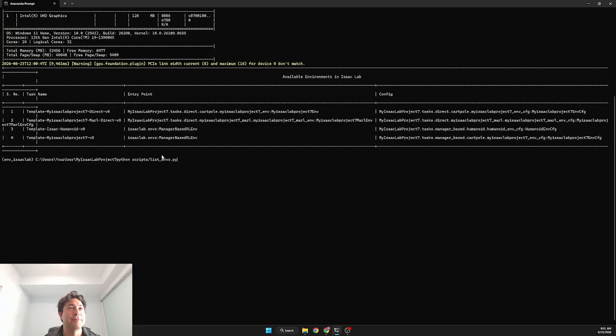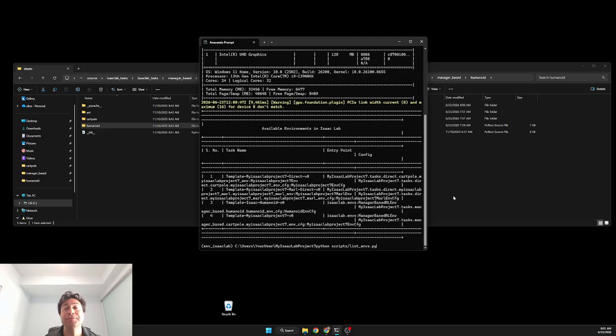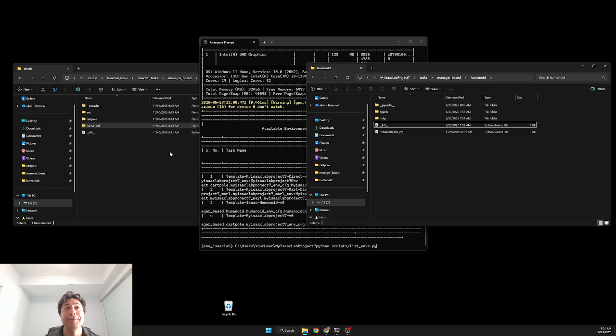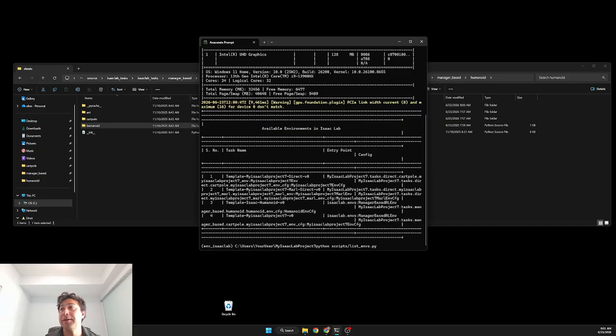And the way you use it is, instead of just showing all the hundreds of IsaacLab tasks that already come with the project, just list the ones that I created, right? So if you want to do this, you have to add template dash, and using this command, it will list only your tasks, right? Okay, so now I'm going to run this